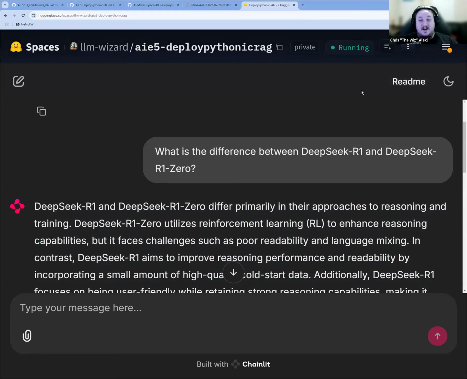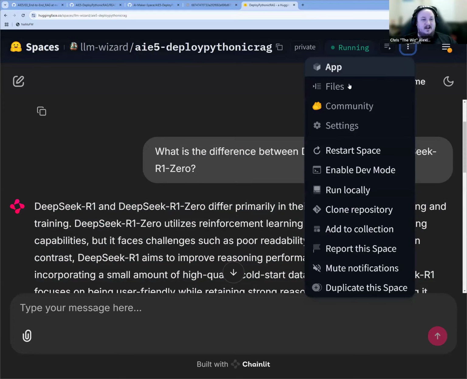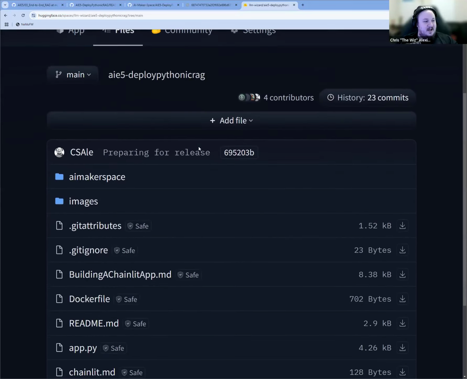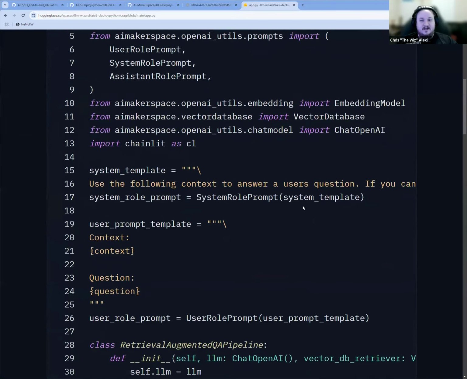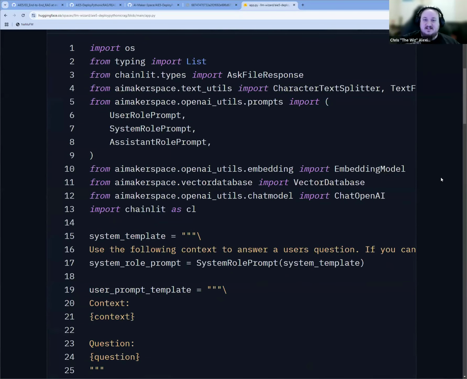But this is running on Hugging Face right now, right? So we saw we can send it a query. And all that we're doing is creating this app.py, right? I'm not going to go through the process of showing you exactly how you copy all the files over into your local. That's something that you've already done in the challenge, so we're not going to belabor the point here. But I am going to walk you through the actual app.py